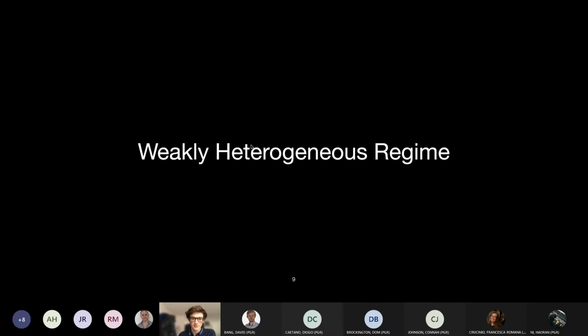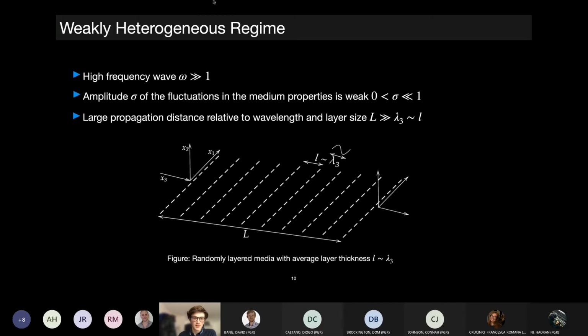Now I'll show you further into the problem. This is called the weakly heterogeneous regime, a common regime found in the engineering industry. So imagine you have this material of length L, and it's comprised of layers. In practice, this is a blown up picture. You assume the wavelength of the input wave is commensurate with the size of each individual layer. So when the wave enters, you have this scattering effect, because the wave is